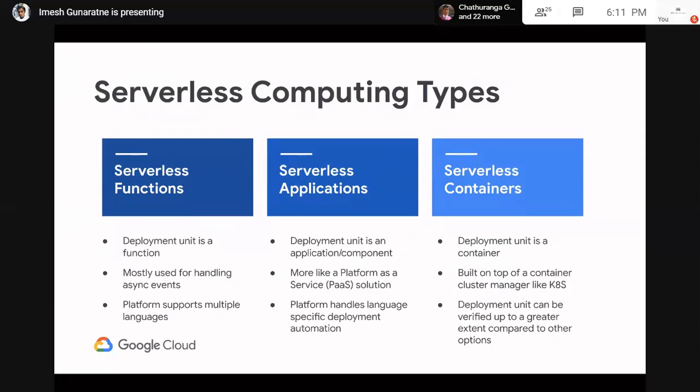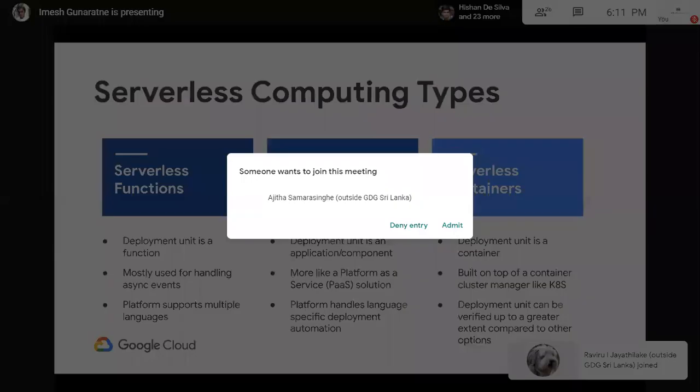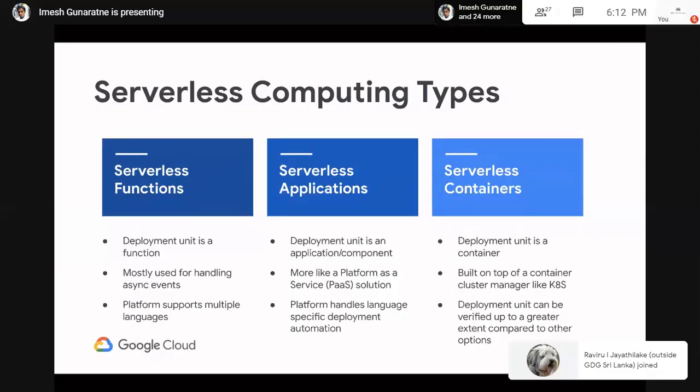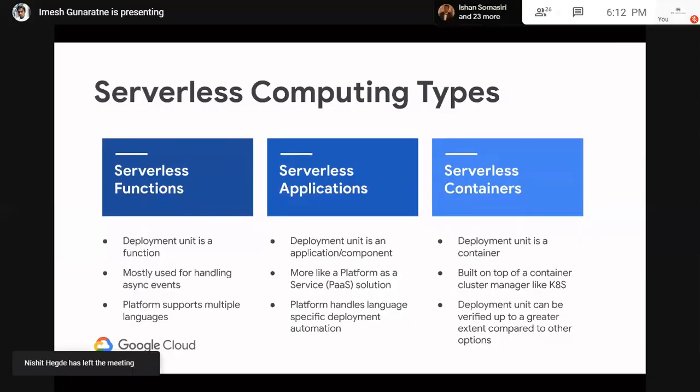With serverless functions, we implement the deployment unit as a function, and we deploy a collection of functions on that platform. The main usage of that type is mostly for handling events triggered by cloud computing systems,